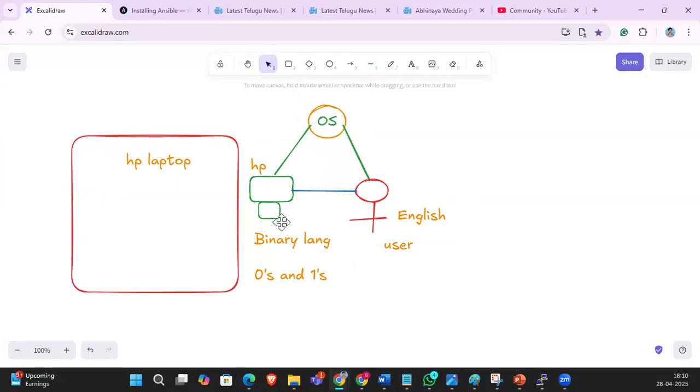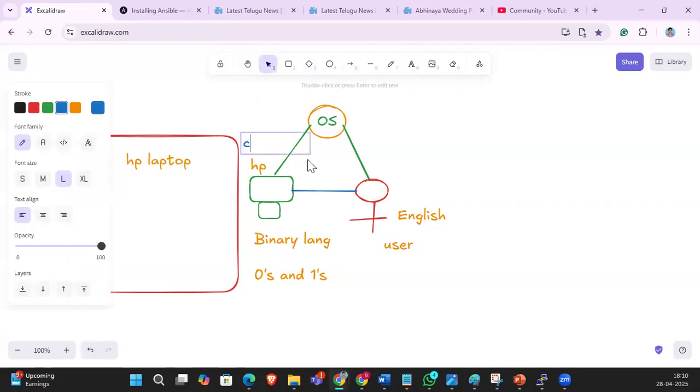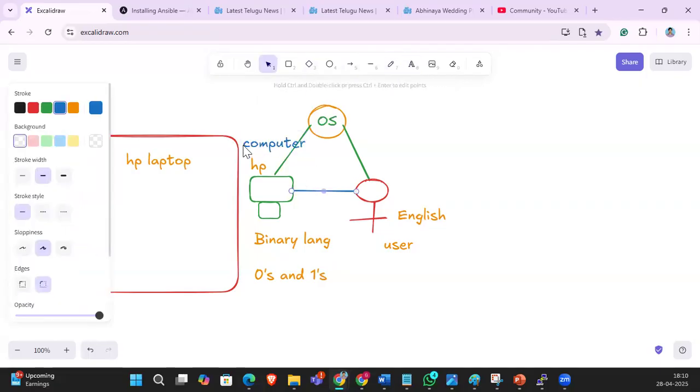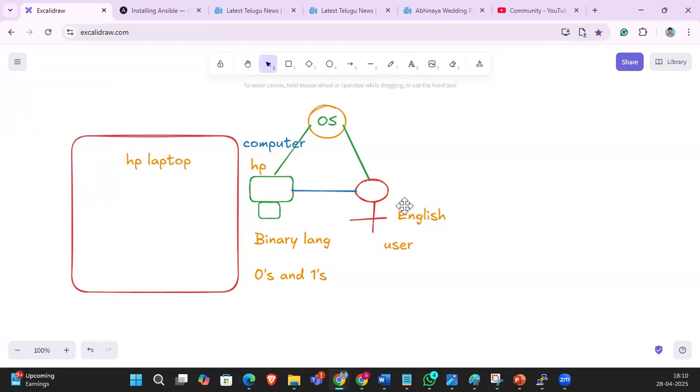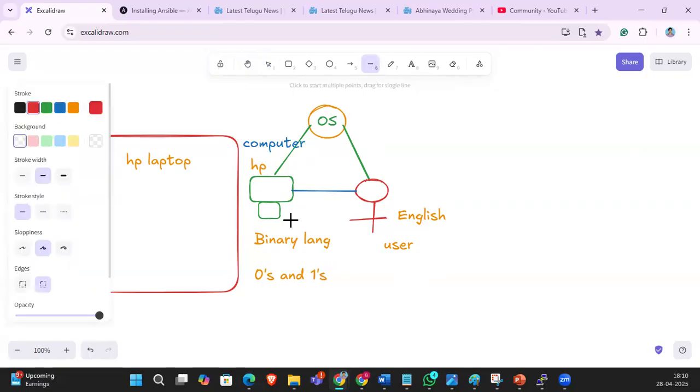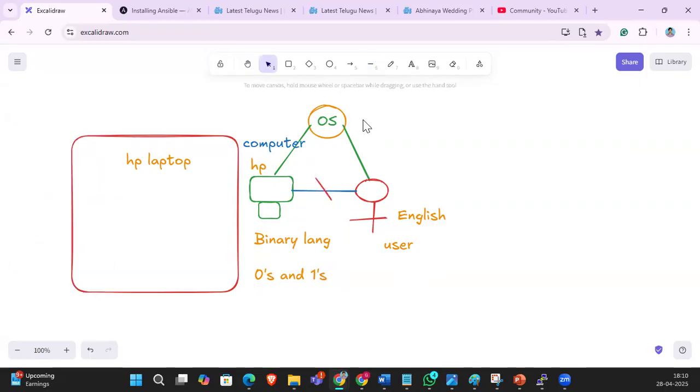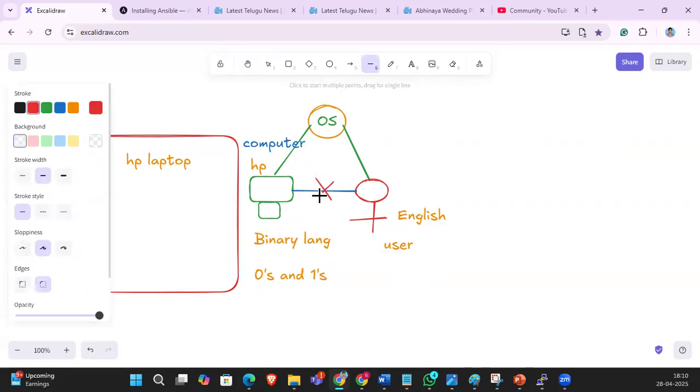So computer, what is this? HP is a computer. Computer knows which language, guys? Computer knows only binary language and the user knows only English language. So computer knows binary means zeros and ones. User knows English language. So hardware knows only binary language, user knows only English language. So user doesn't know the binary language.